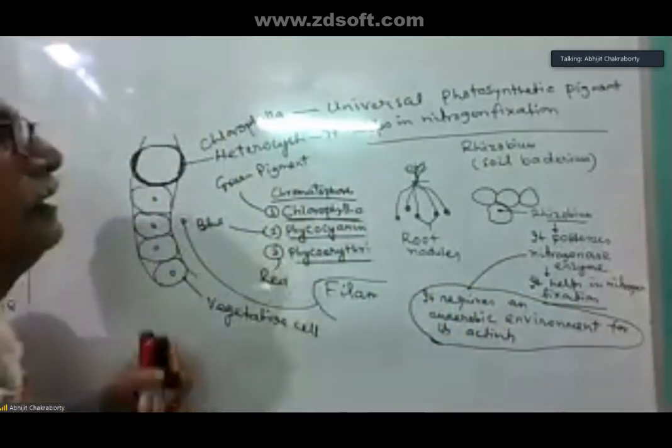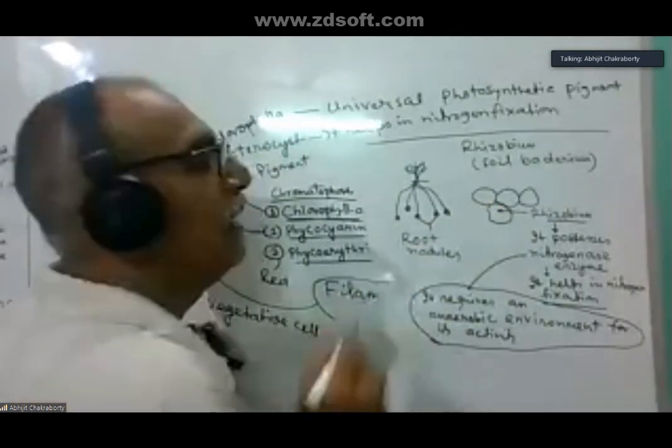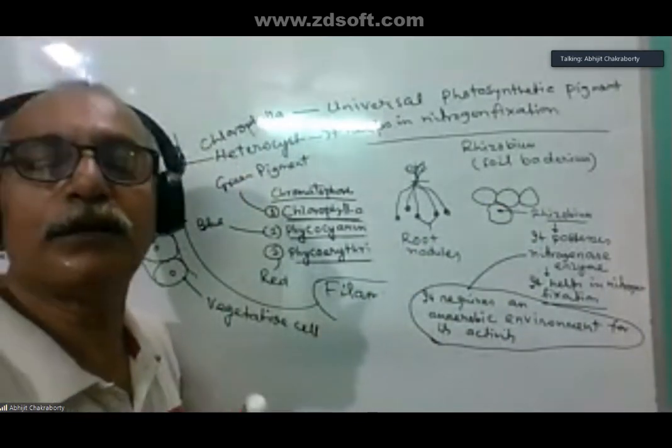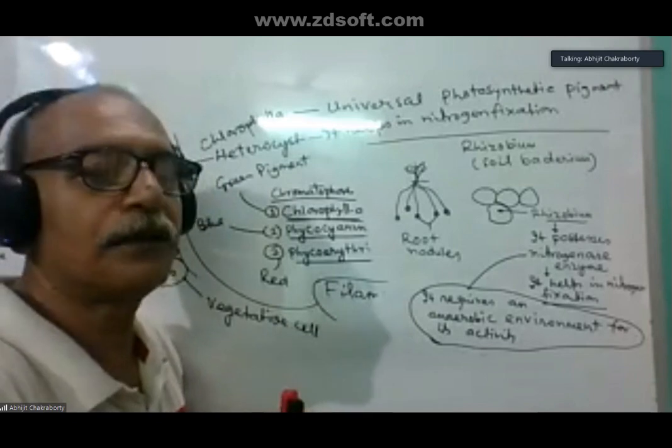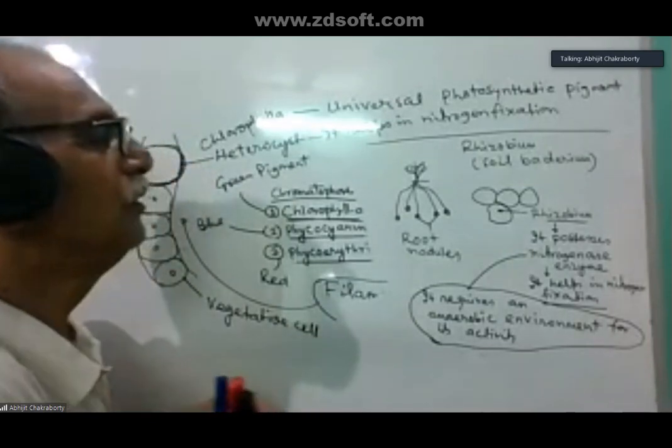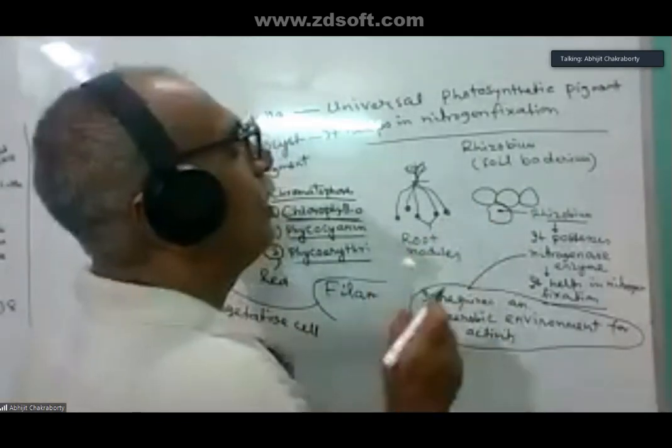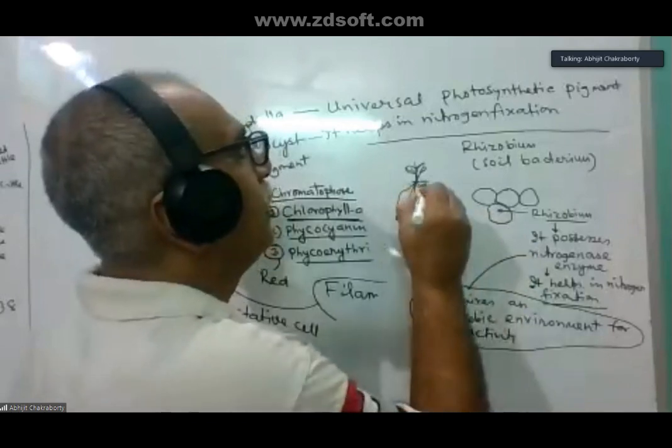That means in the root nodule, an anaerobic environment is required to be developed. But there is oxygen. So how can it be developed? To develop the anaerobic environment, this leguminous plant